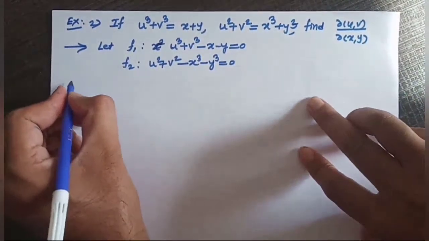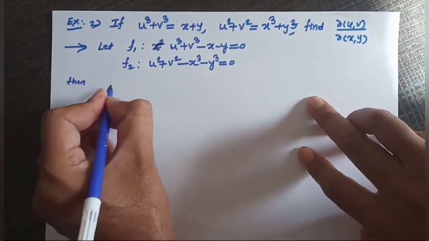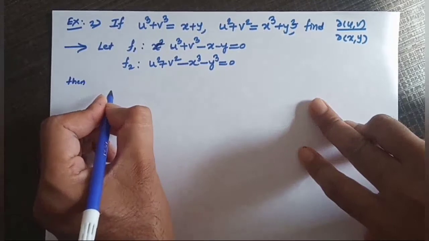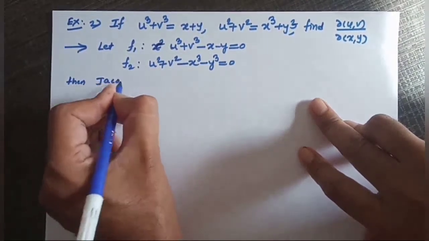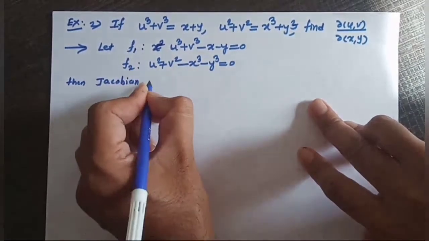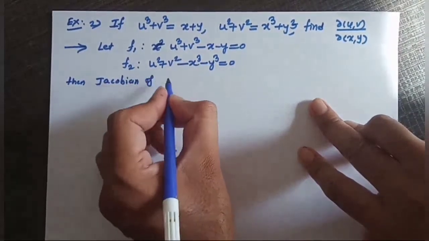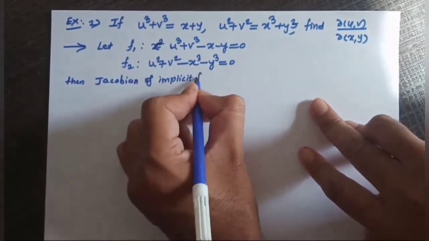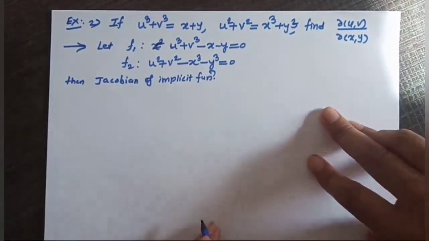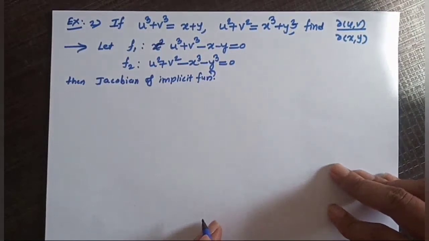Then by the definition of the Jacobian of an implicit function,